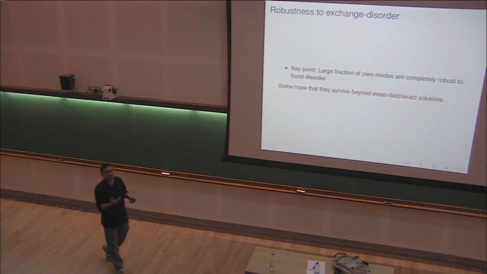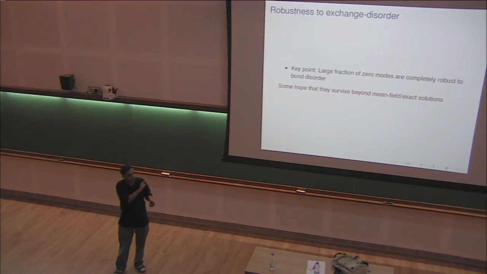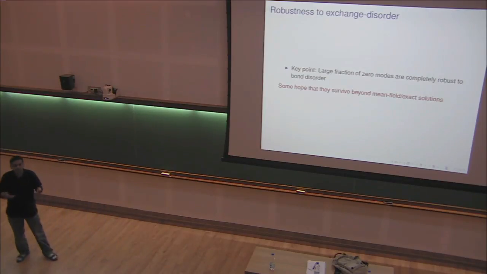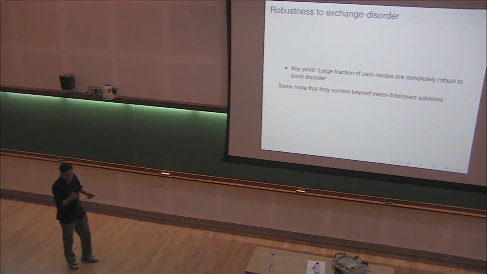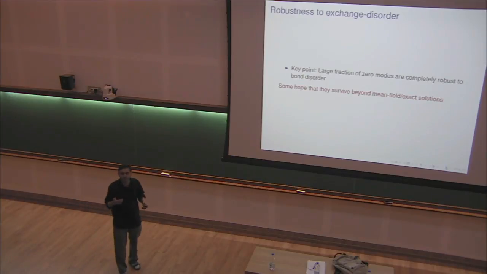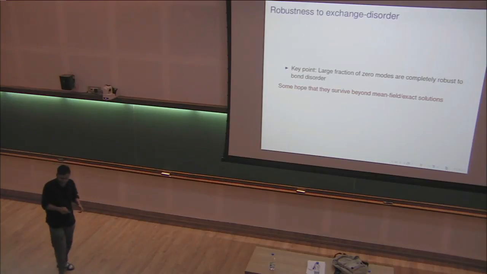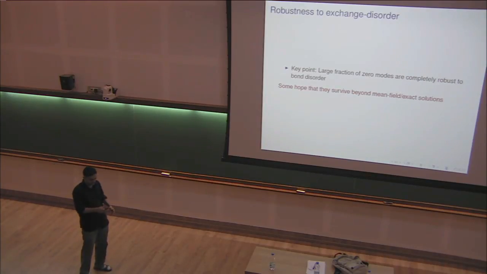And if you have any physics that depends very specially on all amplitudes being exactly equal, that will not survive. But here this is completely robust to disorder, so there's some hope that it survives. And actually we are going to look at some interacting versions of the graphene tight binding model to see if this is really true. So with that, I have 1 minute left, so let me just